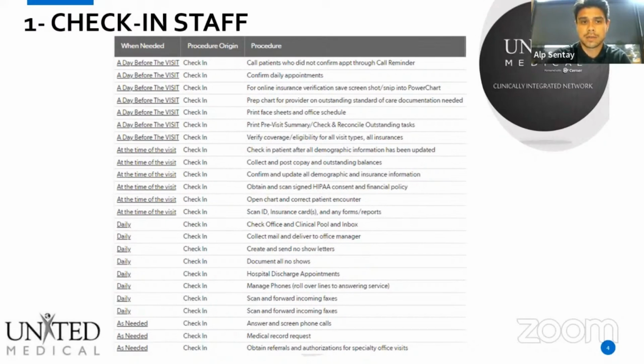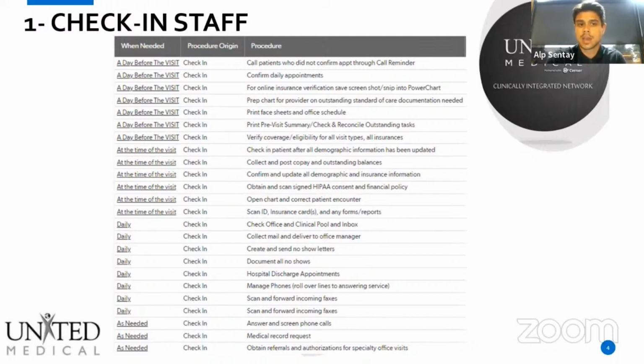So for check-in staff, we have different responsibilities that they have. They have stuff to do a day before the visit, at the time of the visit. They have stuff that they need to do daily, every single day, and also as needed as well. Some examples for each of these are, for example, a day before the visit, we have our daily appointment reminders that go out automatically. So they need to confirm these daily appointments, and then they can call the patients who did not confirm through these